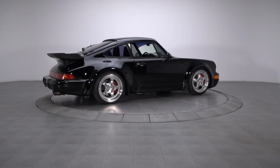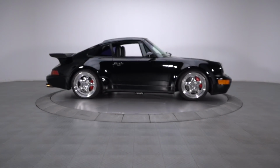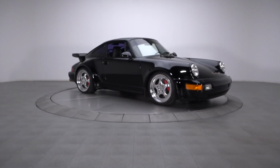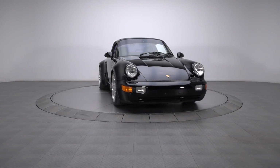Highly exclusive and extremely powerful, this incredible 911 is a no-compromises exercise in world-class driving. Make no mistake, this is a rare opportunity to get behind the wheel of one of the most desirable Porsches